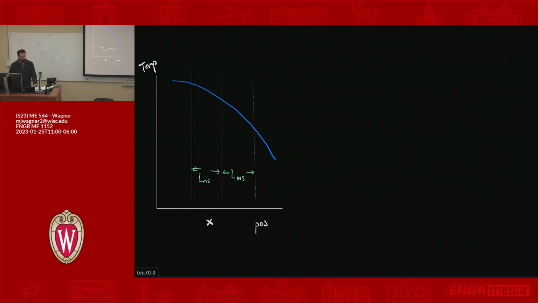All right, and we want to use this to develop a model. The first thing we need to do is decide that Fourier's law is valid for what we're doing here. And it turns out that if you want to make sure that Fourier's law is valid, you need to make sure that the distance between interactions, so the distance between this position x and these two next layers, is small enough relative to the body as a whole that you can model this as a continuum, right? So if we want to model it as a continuum,